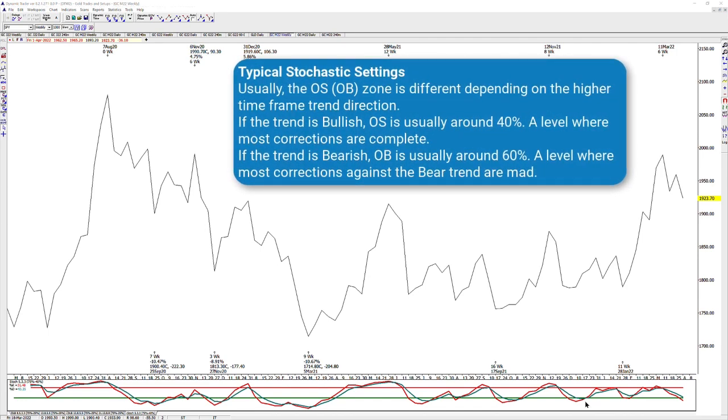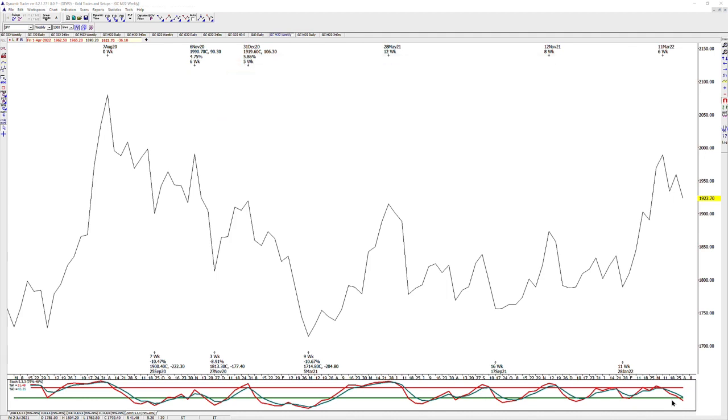Now, if the higher time frame trend is bearish, then we'd look at the 60 level on the upside. But if the higher time frame trend is bullish, then we look at the 75 level. So that's just kind of looking at levels from experience and history. But as of the last weekly close on this chart, it's only the fast line that's oversold, but it is